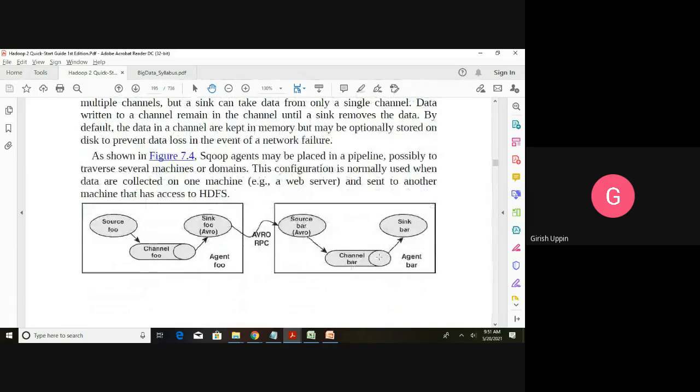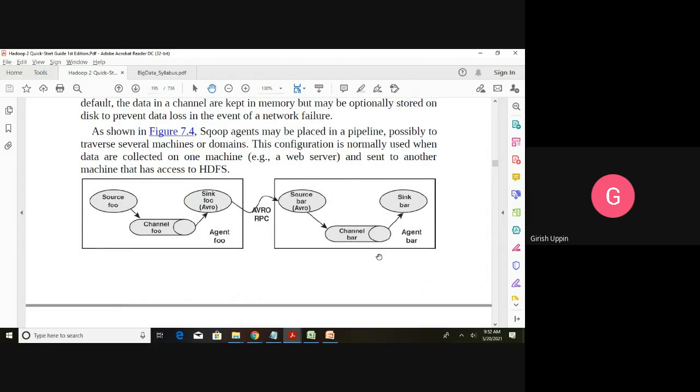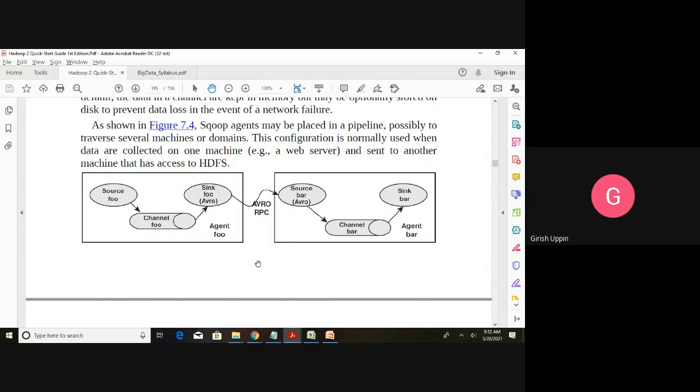Flume agents may be placed in a pipeline, possibly to traverse several machines or domains. This configuration is normally used when data are collected on one machine and sent to another machine that has access to HDFS. So you can see here we have two agents. This is the first agent.